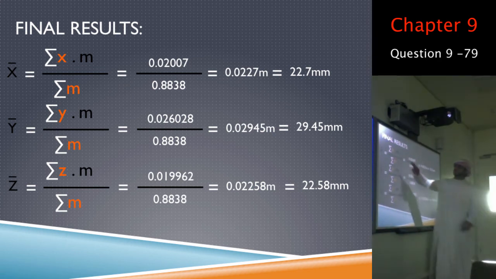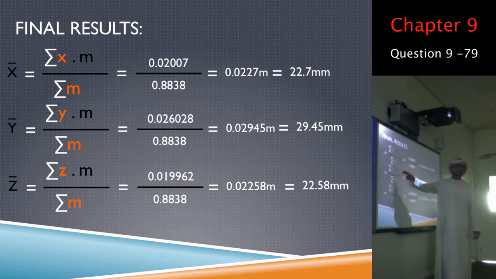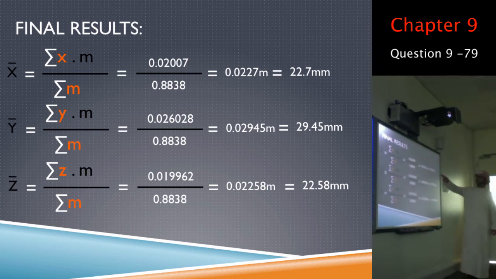We have the summation of x multiplied by mass, and we have the summation of masses, it's the same. We have the summation of y multiplied by mass, and the summation of z multiplied by mass. We will calculate, and we end up having this final result: 22.7 millimeters in the x-axis, 29.45 millimeters in the y-axis,